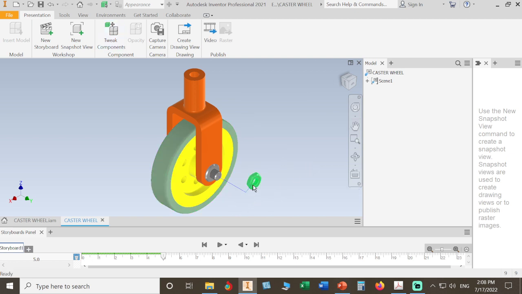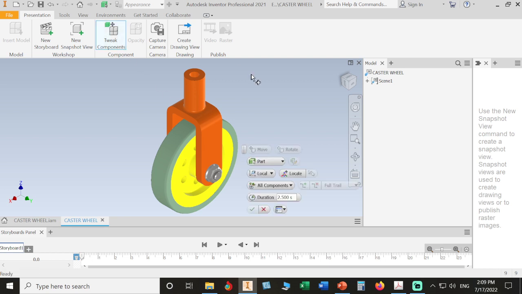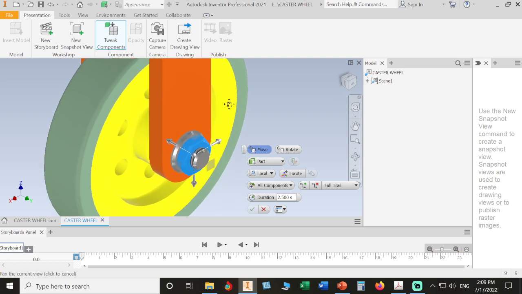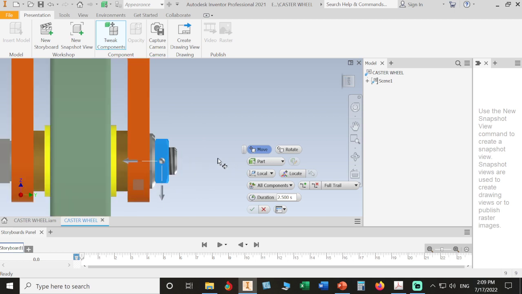This line is called the trail. This line is called the trail. Okay, I don't like them in my drawing, so I usually hide them. Again, tweak, select, and we want to tweak it. Let us zoom a little bit here. Okay, I'll tweak it out. I'll take this one. Okay, I'll tweak it out